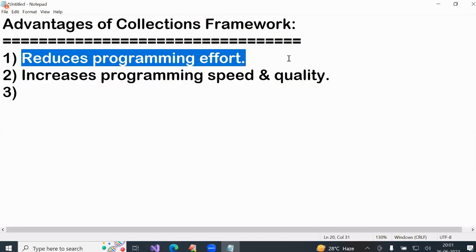See, just now one array was given, an employees array, not an integer array, character array, or float array. Integer array is simple, but employee array is not so easy. Accepting 100 employees' information and displaying 100 employees' information is not easy. And even if you write